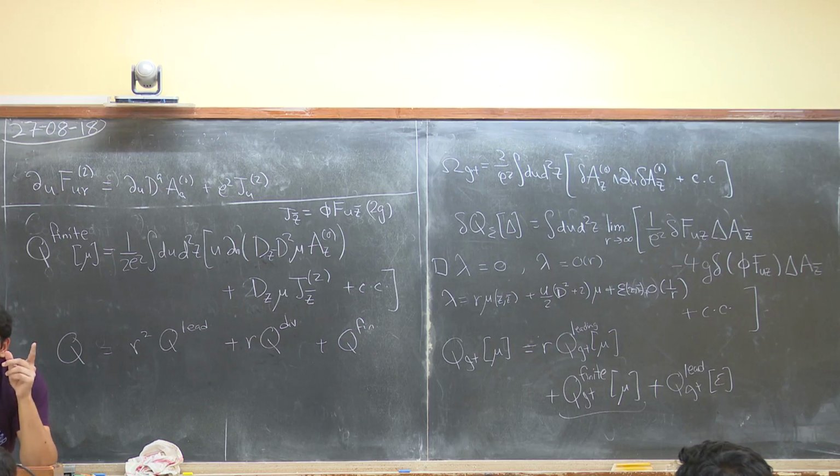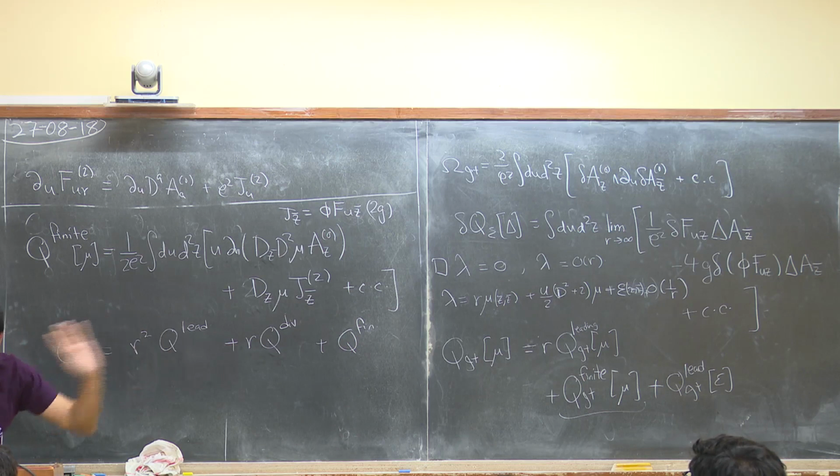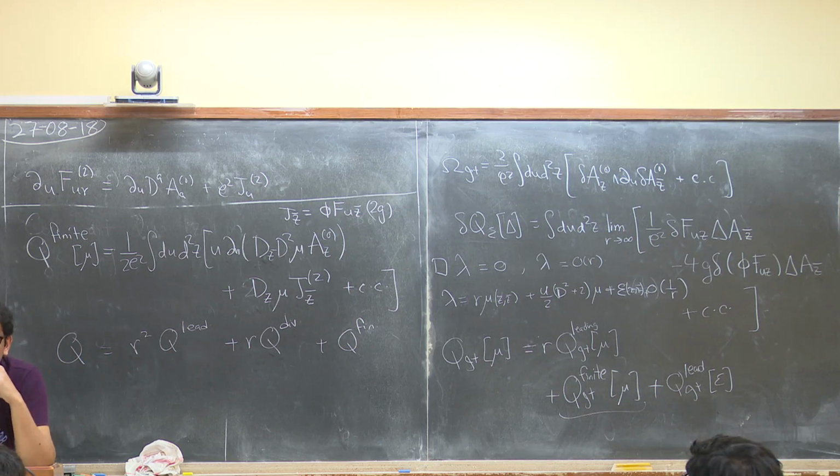So what Strominger and Sabrina and Lysov did previously was to start with the subleading theorem and go backwards. And of course, when you do that, you will never get divergence. You just read off finite. So that's what they got, but they could not make any physical sense of that symmetry. It was not clear at all why that should be a symmetry, where that's coming from, or anything of that sort. What was interesting is that you could reproduce that from this large